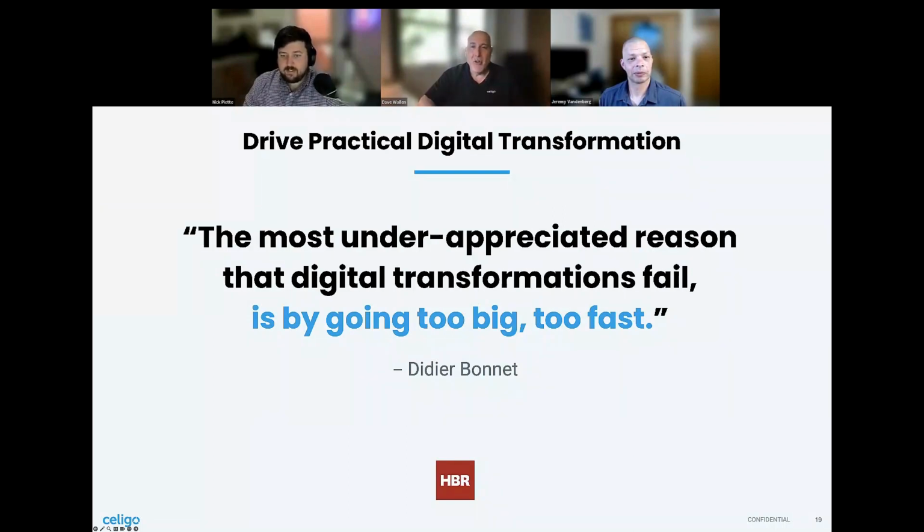Why is that failure rate so high? And this is a quote from Didier Bonnet. He's a thought leader in digital transformation. He's written some great books, Leading Digital, Hacking Digital, and he's kind of the thought leader there. But he identified 3 reasons why these failure rates are so high, and the primary reason is just lack of a